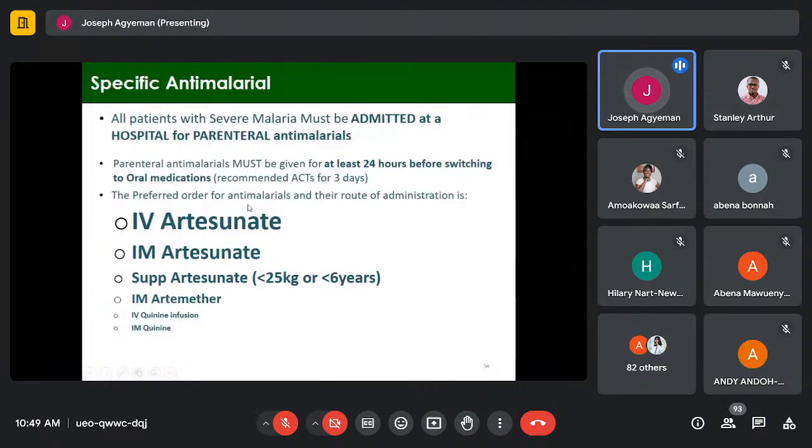All things being equal, this is the hierarchy of recommendations. In complicated malaria, IV artesunate is number 1. That is first line. If for any reason we